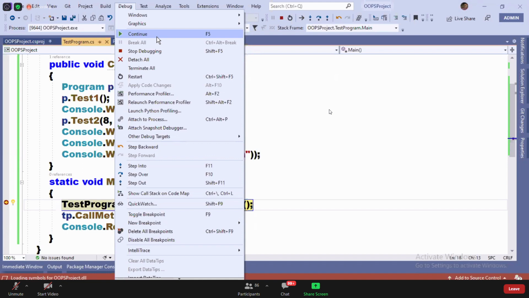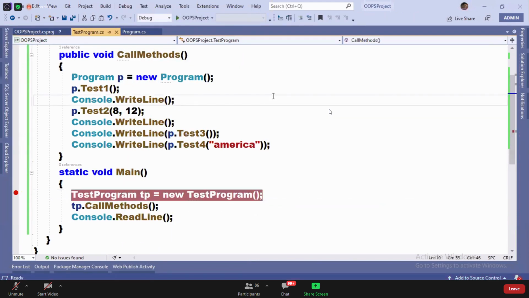Are you guys clear? See, basically one more thing. I had a breakpoint here.